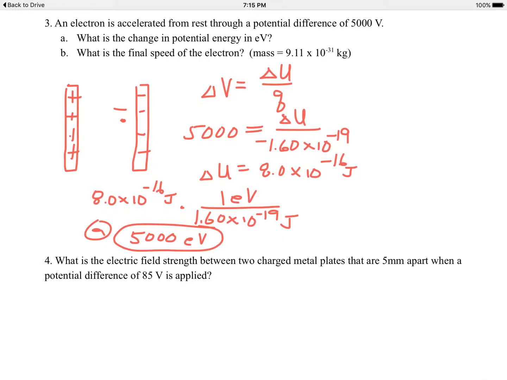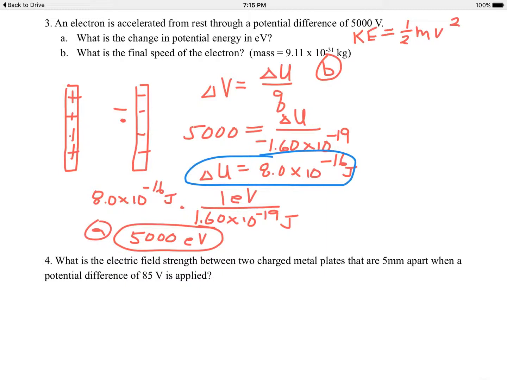All right, now part B. In part B, we need to figure out its final speed when it gets basically to the positive plate. If you recall from first semester, this will be a conservation of energy problem. The particle, the electron, is going to pick up kinetic energy. The kinetic energy formula is KE equals 1/2 mv squared. The particle starts from rest, so what's going to happen here is that it will pick up this much potential energy,